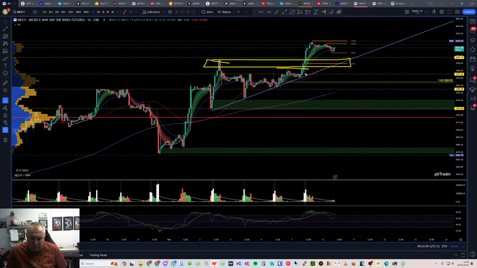We've got the tops of Wednesday, which could line up with the trend line, and we've also got the upward rise in the 50 moving average, this red line there. So that's my plan really, a trend entry.